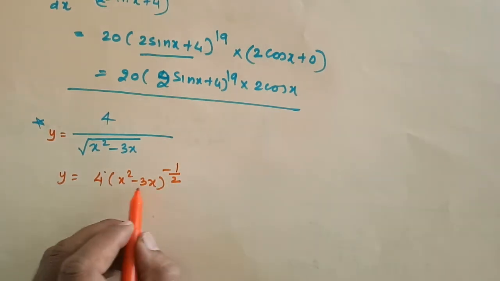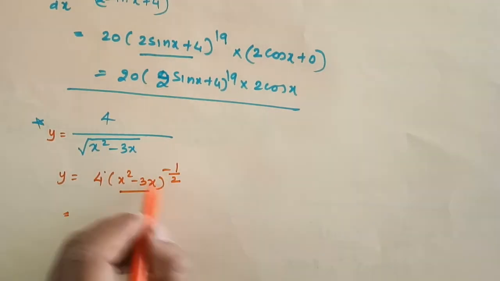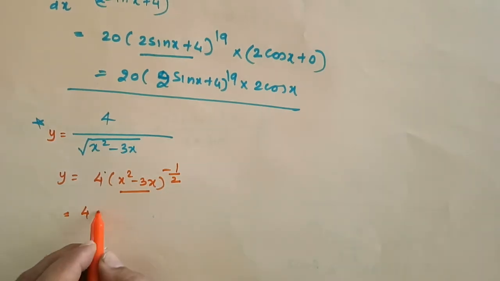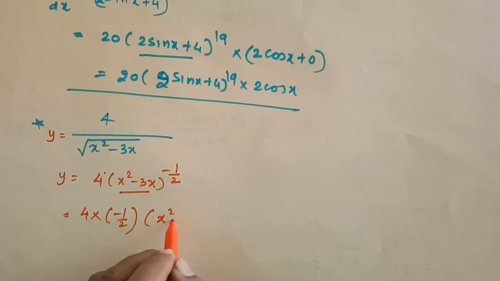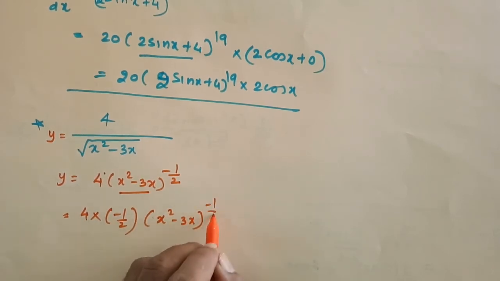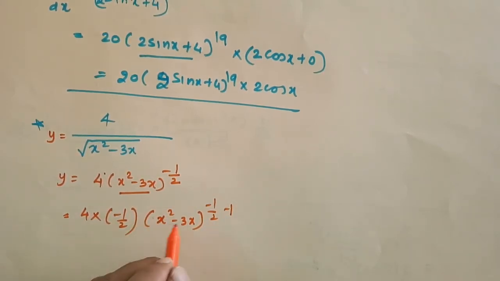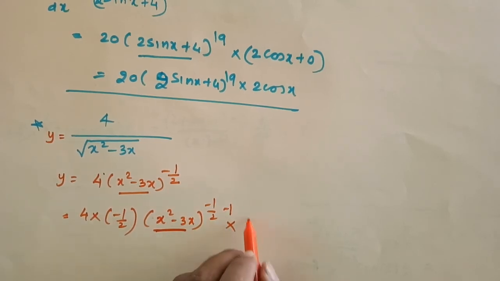Okay, now this is my function. So first of all, you differentiate normally. It's going to become 4 times negative half as it is, n (x squared minus 3x) to the power negative half minus 1, because it is n f(x) to the power n minus 1 into the derivative of x squared minus 3x, which is